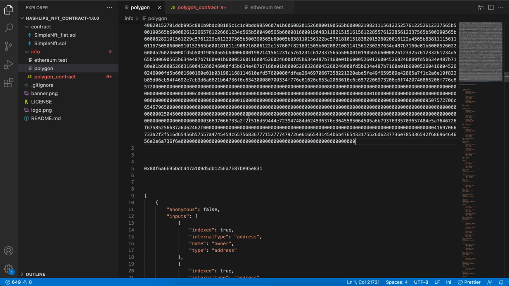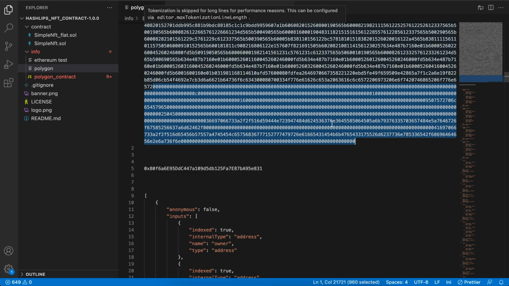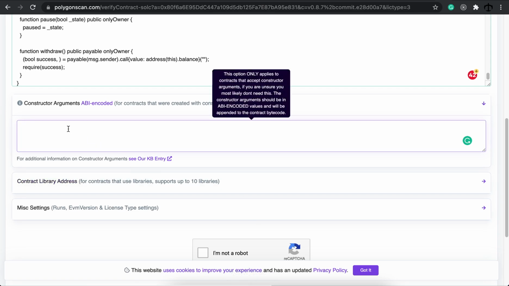You'll see that there's a line of 0, line of 0, line of 0, and then there is the last line of 0 here at the top. You can see it ends at the 2 and then it starts with 0 and it has a long trailing 0 piece. Take everything from that 0 all the way to the last 0. Copy this and then head back to